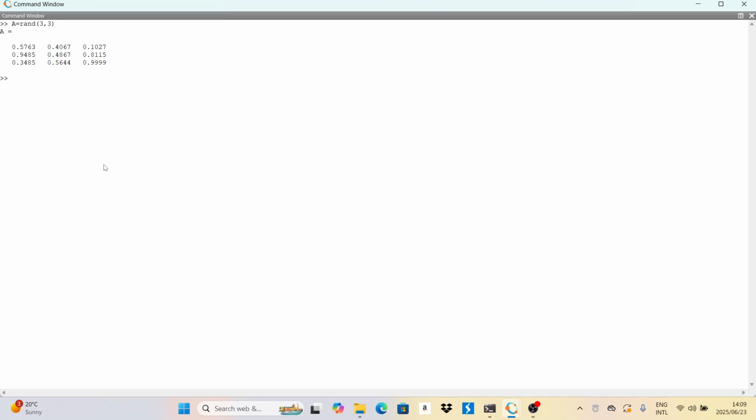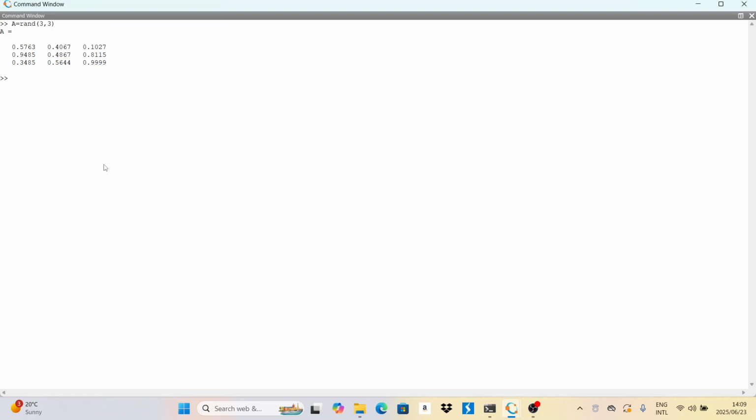Then after having that random matrix, we can have our B matrix, our vector B. So the dimension of a vector is 3 by 1, so 3 rows by 1 column, right? We had 3 by 3 because that was our matrix.